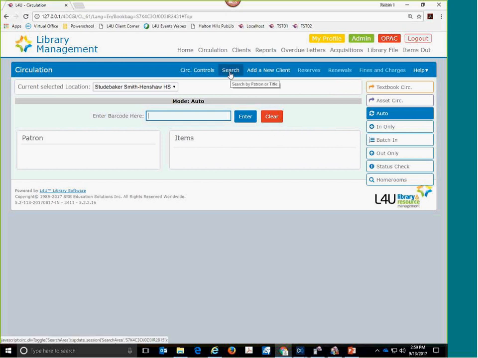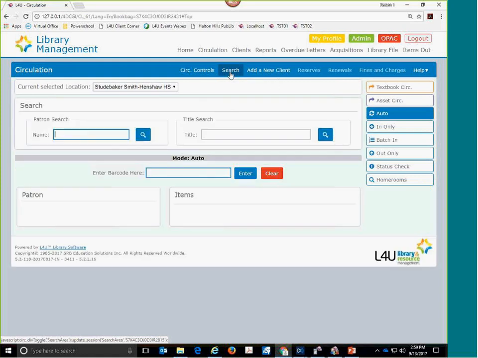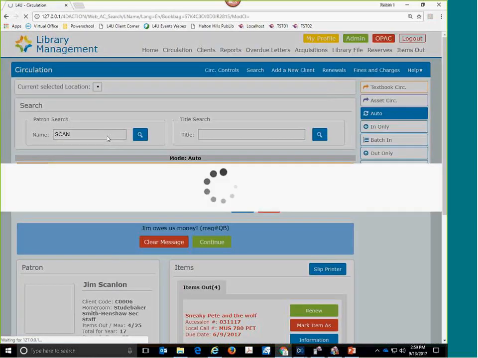Like here in the circulation toolbar, search. Bring up the search screen. So now you have the ability to search by name right in here. Any portion of the first name or any portion of the last name would go right in here, and you just type away. So if I want to pick on somebody, I want to pick on James, last name Scanlon. So I'll just click that, hit the enter key,